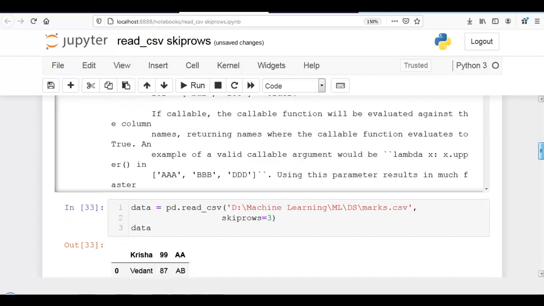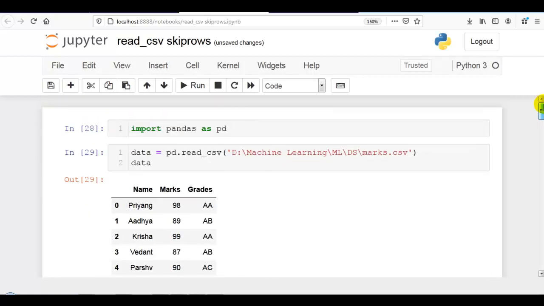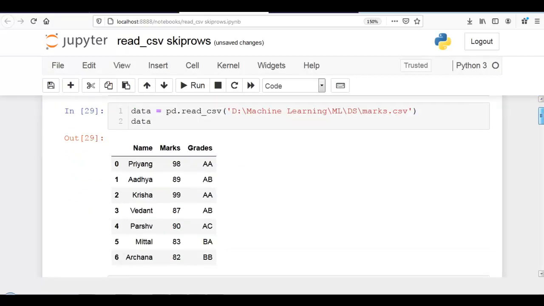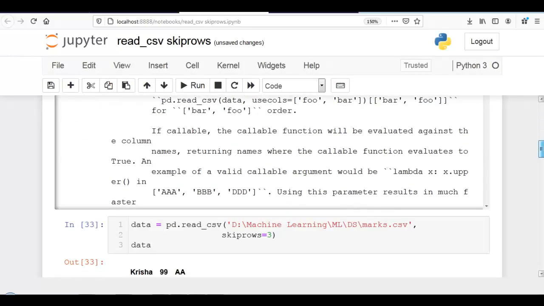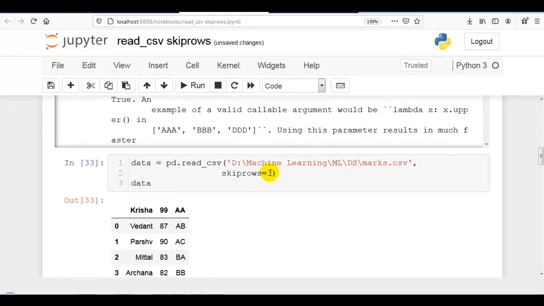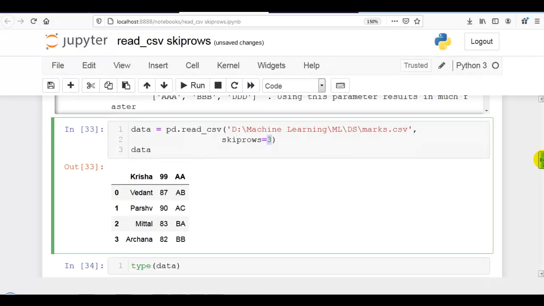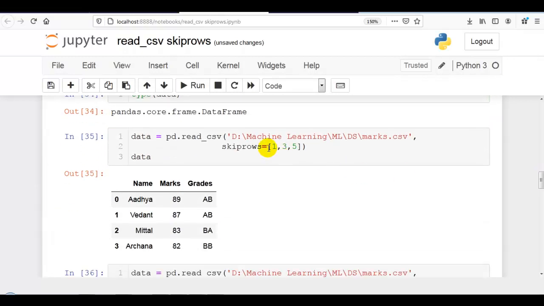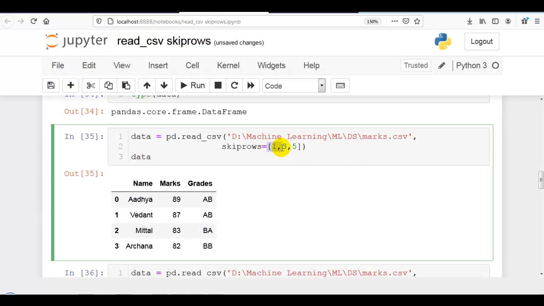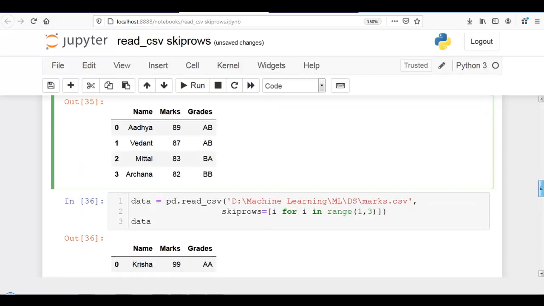Now in this video I have covered skiprows with 5 examples that you can see over here. I want to skip 3 rows from the beginning, so here we have to pass an integer. I want to skip rows from particular positions, so here first, third and fifth position, I want to skip these rows.